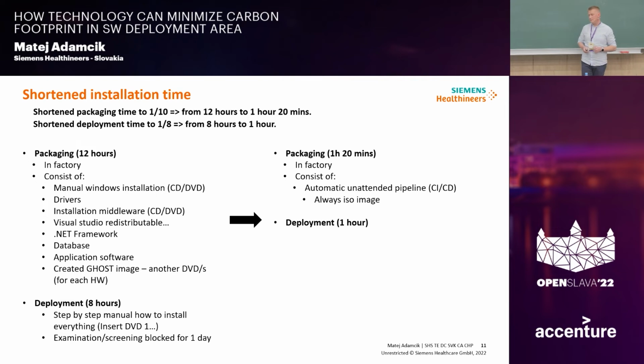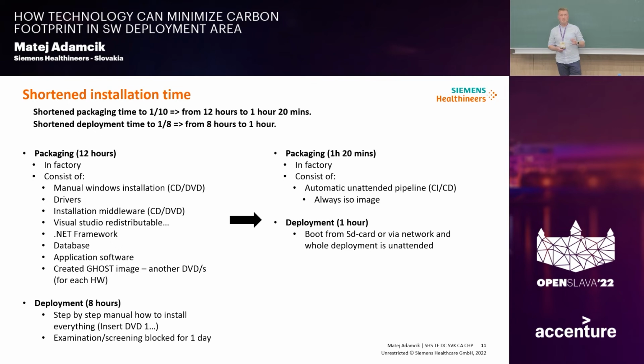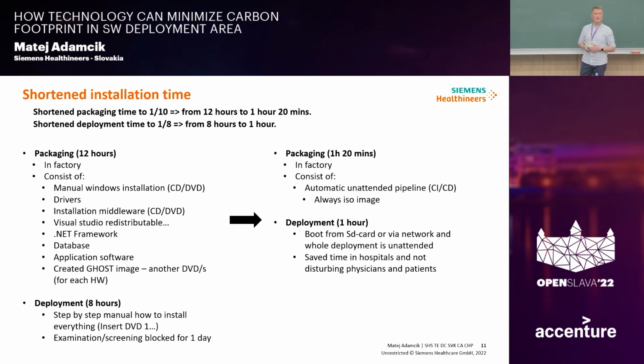Now what we're doing, and what we did already, is we can boot from an SD card or even via network, and the whole deployment is unattended. Nobody has to sit in front of the computer clicking next and next. It saves time in the hospital, not disturbing physicians or patients. Very simplified, if they start this installation at 8 or at 9, they can continue with screening. That's not that simple, of course, and there are some challenges like device calibration, since we are dealing with hardware. After an upgrade happens, it has to be calibrated. But since we can do it remotely,